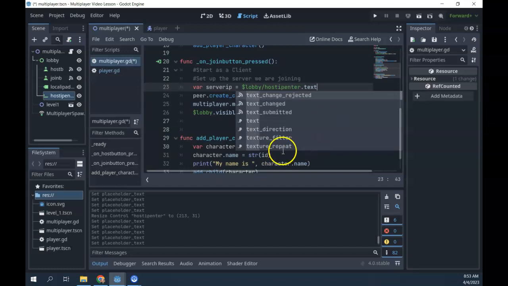Now, I'm assuming that they've typed it in properly and that they've actually put a valid one in and they haven't just left it there. We could create some error handling and other things later on to make sure that they haven't left it empty or that they've put in something valid, but let's just presume they're working just to make sure that we can get this going here. And if I now play my game,